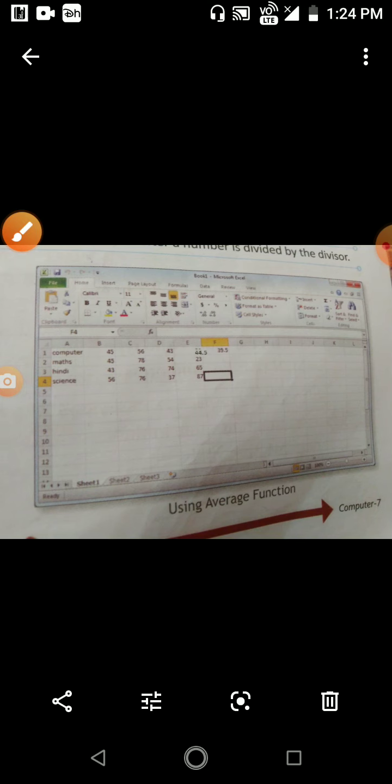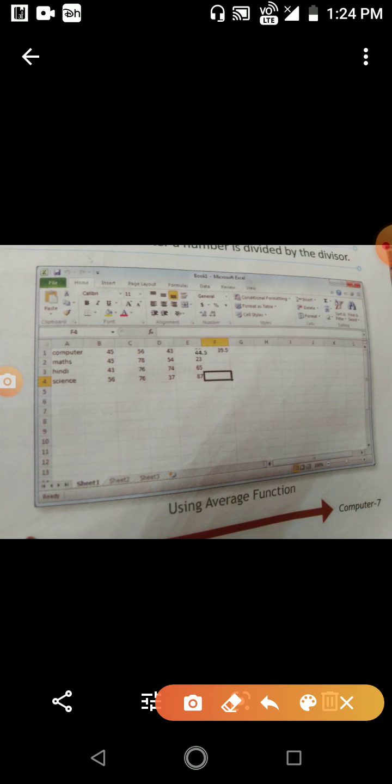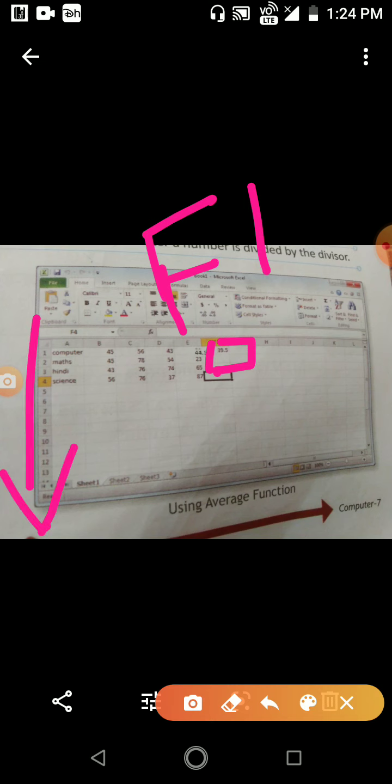You can see in that box, we are finding the average in the F1 cell. I have already made clear in the previous class how we identify a cell address: this is the column name and this is the row number, so it has the address F1.